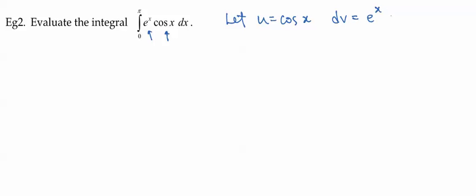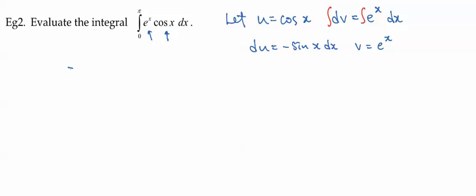For those of you who want to try the other way, try it. I'm not telling you that this is the right method. I'm just telling you that you may want to try it out with different methods. du equals negative sine x dx. And then when we integrate the other part, the integral of this will just be e to the x itself,